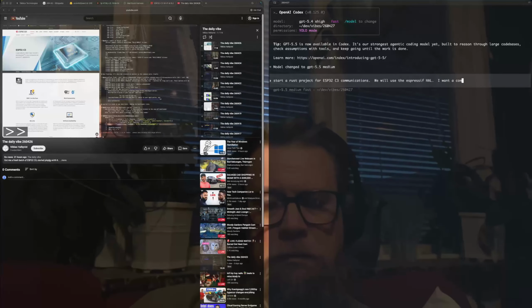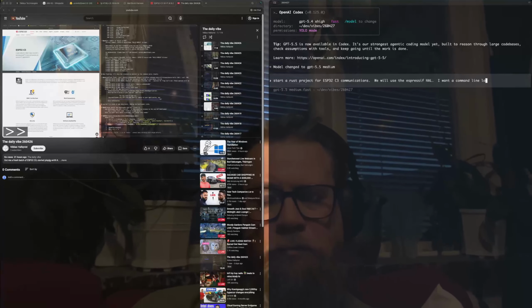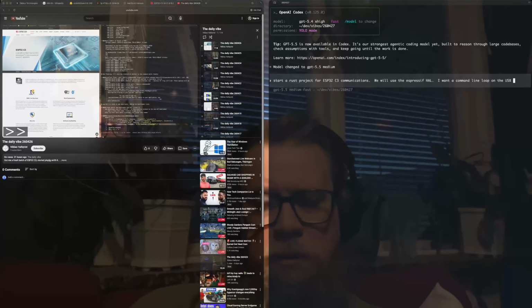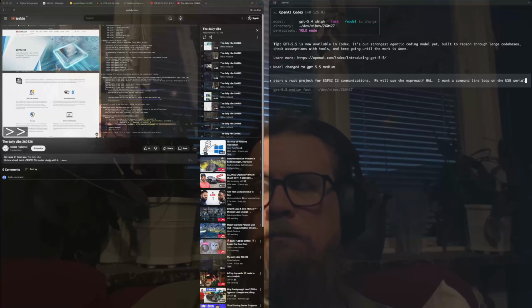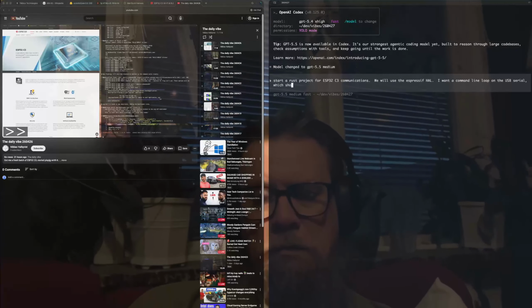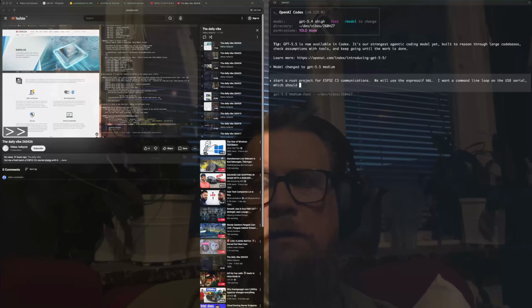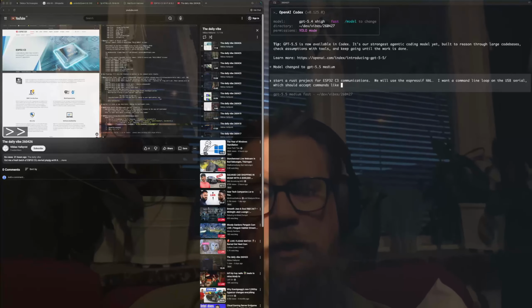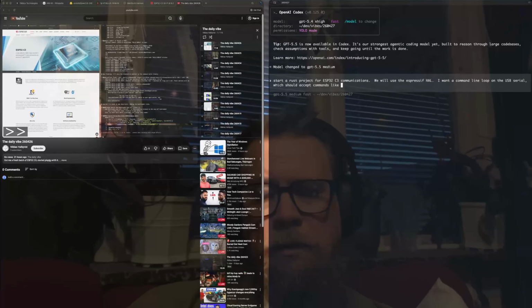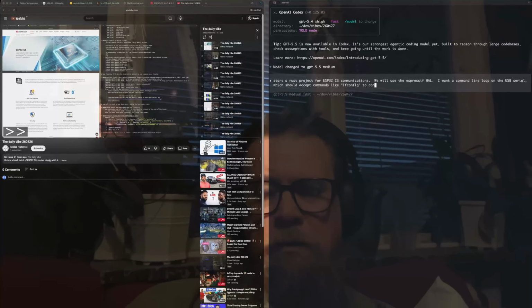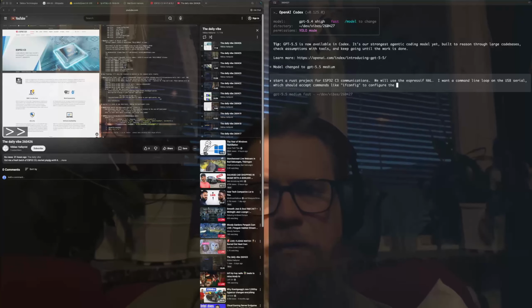I want a command line loop on the USB serial, which should accept commands like ifconfig to configure Wi-Fi.